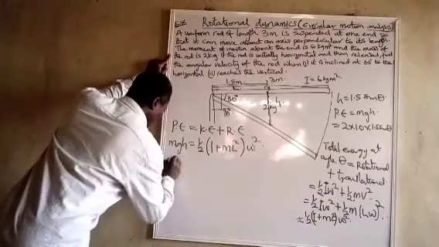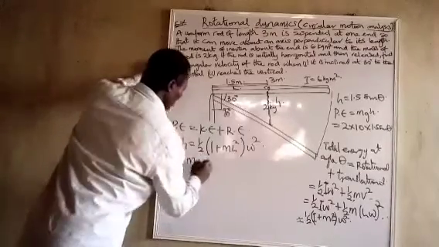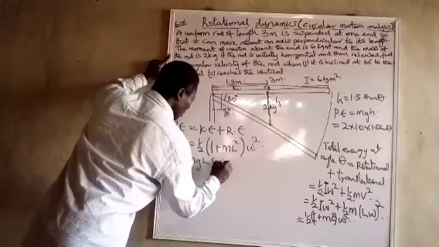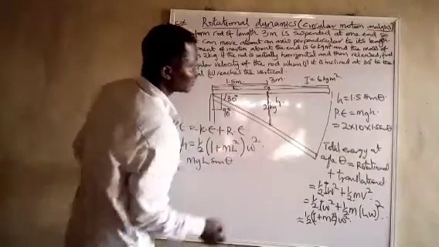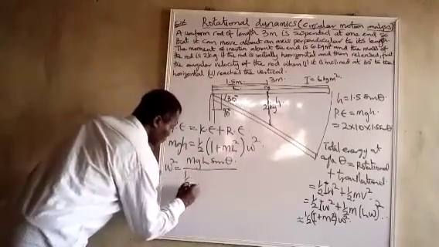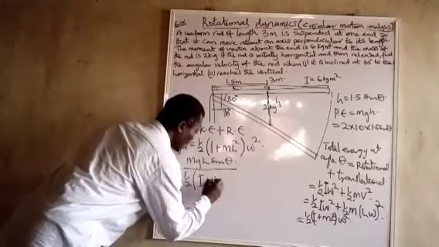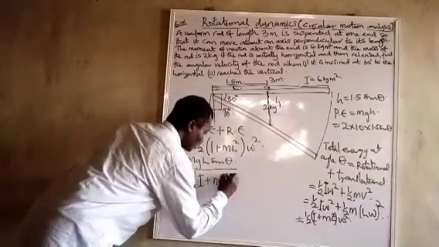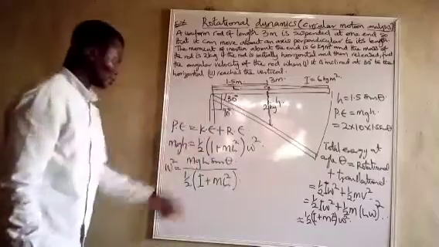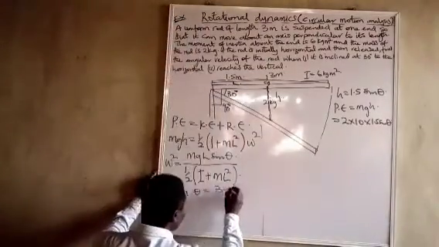So omega squared is equal to m g L sin theta divided by half I plus m L squared. So when theta equals 30 degrees,